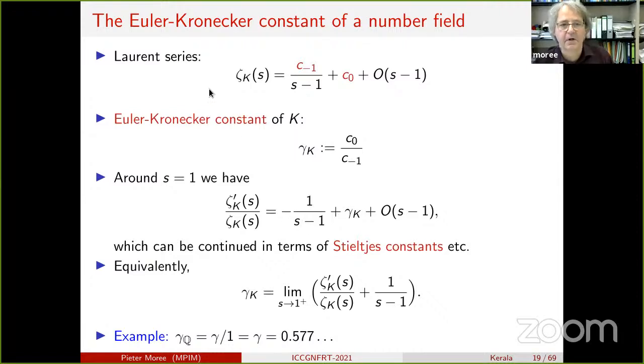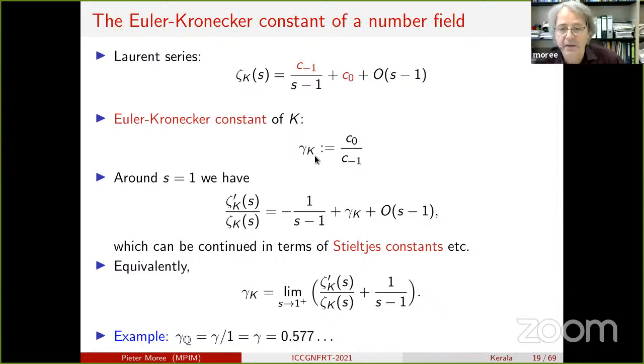We can look at this Laurent series around s equals 1. There it has some residue. Since you're interested in class groups and arithmetic data of number fields, you all know that this residue is in some sense loaded with arithmetic invariants of your number field. The class number and the regulator all come into it. Then in some sense, it's a natural question: what about this C0? Does it also contain some interesting information?